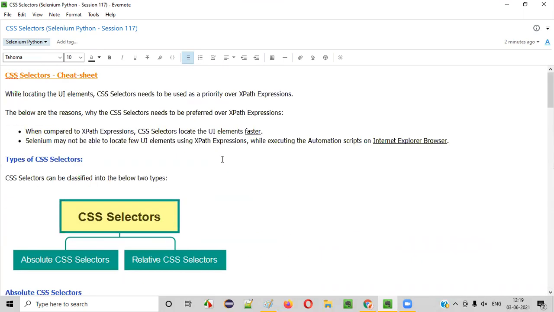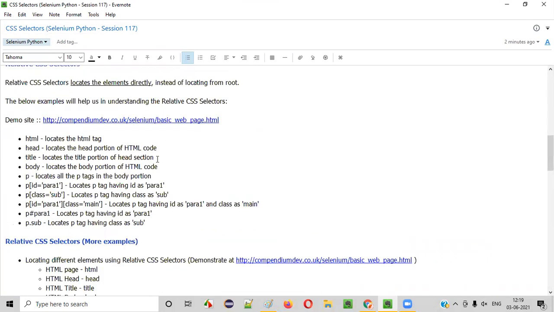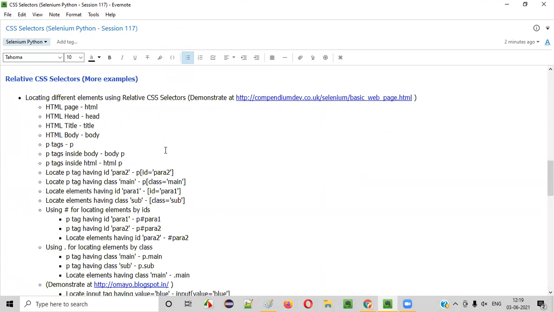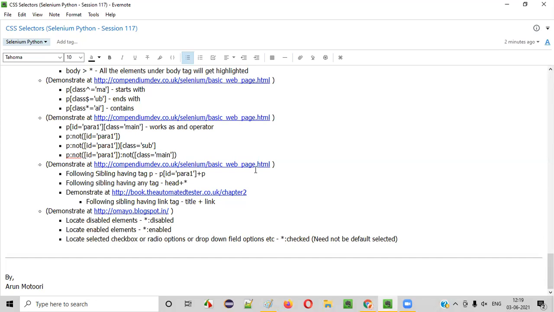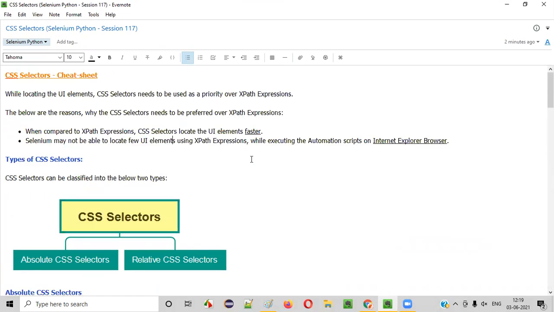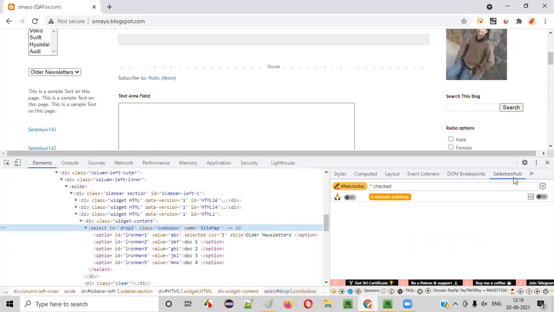So hope, guys, these are a few examples of CSS selectors. If you practice all the CSS selectors that I have explained in this session manually on your own after watching this session, you will get confidence, and you'll be able to build CSS selectors on your own. That's what is required, guys. We should not be depending on tools like Selector Hub, because tomorrow Selector Hub may not be there.